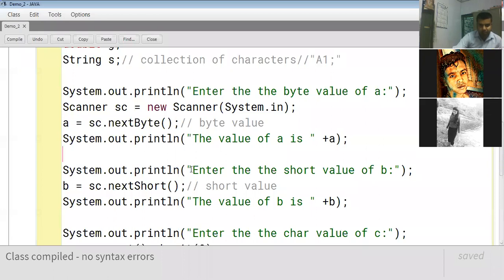Now in the next line you see "enter the short value of a", so in the next line you will see that the short value of a has been printed. So you have to understand the difference between system out print ln and system out print. So basically what I was trying to show you is